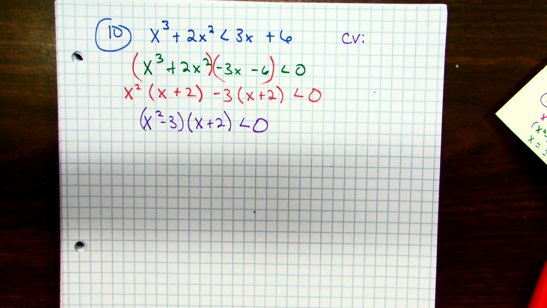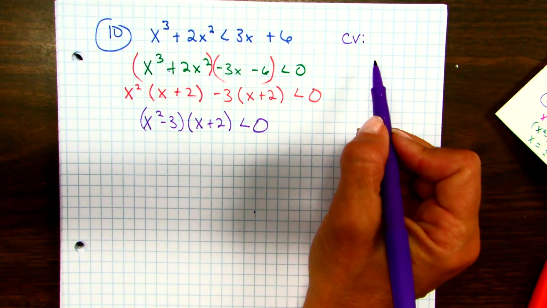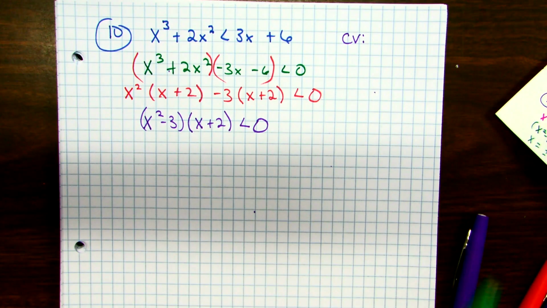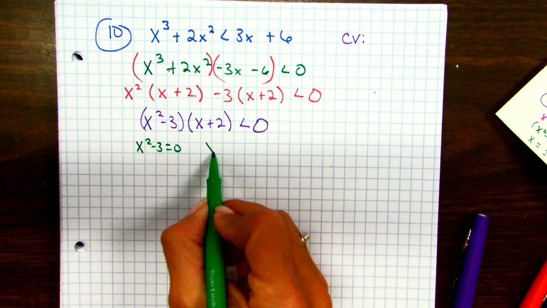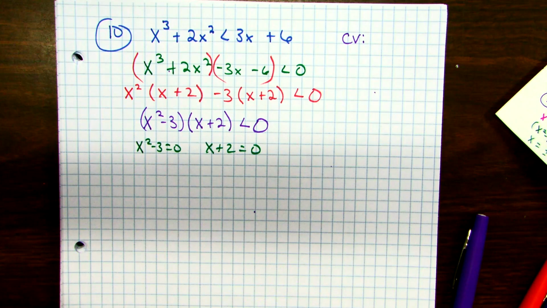At this stage, we're in factored form. So now we can set each of them equal to 0 and solve to get our critical values. You can show this work or not, it's up to you. I don't need to see this step. But when I set that equal to 0 and that equal to 0 and solve, I would get